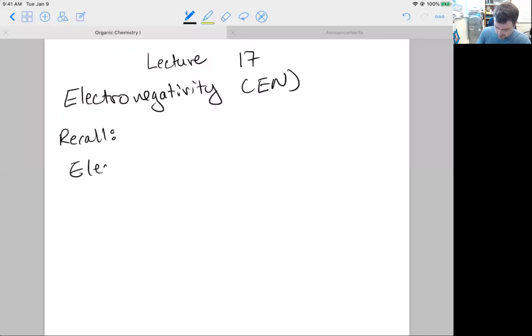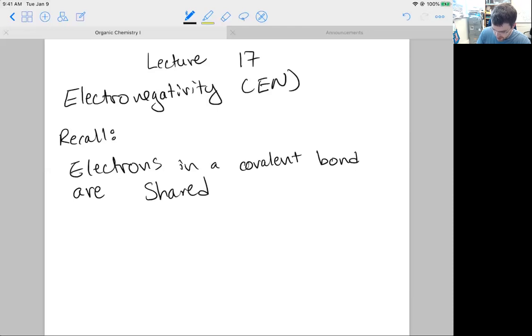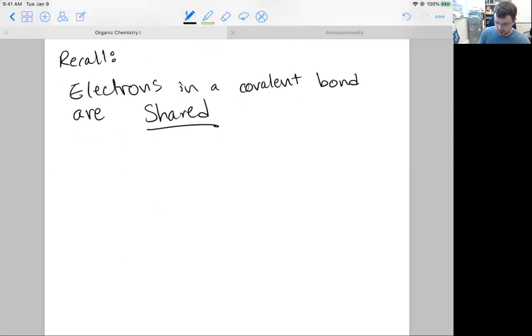Electrons in a covalent bond are shared. So that word shared is very important as we try to understand the chemical properties of molecules. A really important question is how do electrons actually get shared? And we looked at that a little bit